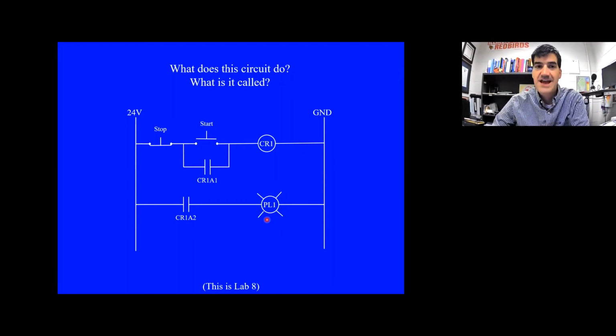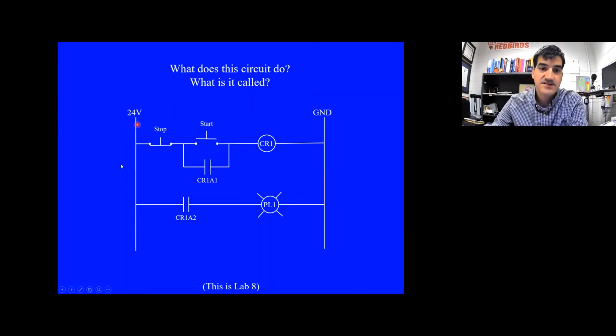Okay, so first of all, what's going to happen if I just connect this circuit like this, but don't press anything? All right, well, I have 24 volts applied here. I do have continuity through the stop push button because it's normally closed. But I don't have continuity through here, so no current's going to flow through here because it's normally open. And no current is going to flow through here. I don't have continuity through here because this is a normally open contact. So I don't have continuity through either of these branches, so I'm not going to energize the coil of CR1